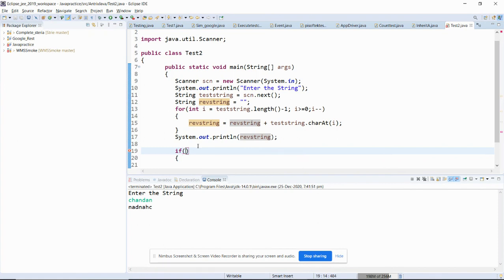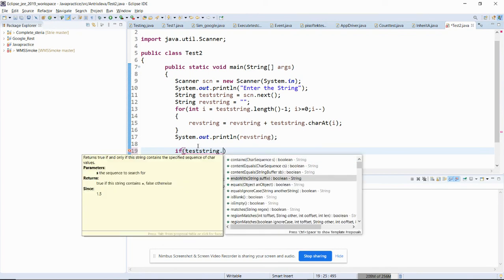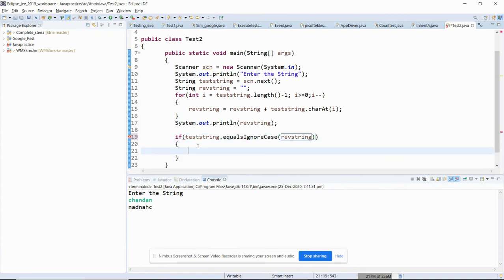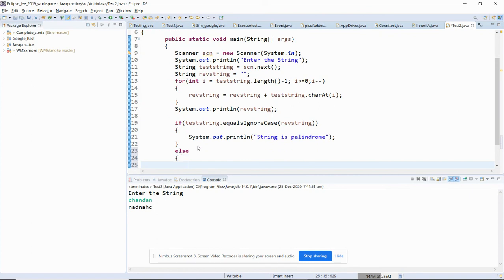So what we will do: if your text string dot equalsIgnoreCase your reverse string, that means the string is a palindrome. We will say System.out.println, string is a palindrome. Else System.out.println, string is not a palindrome.